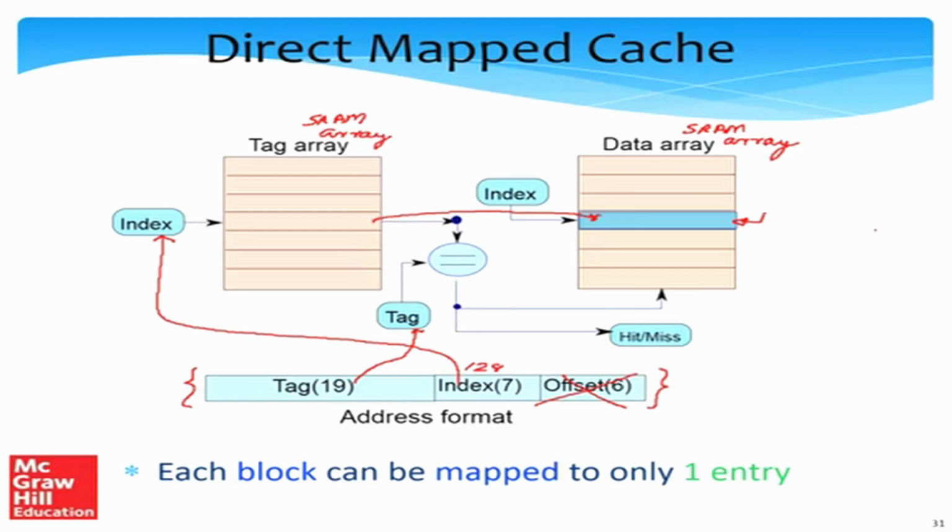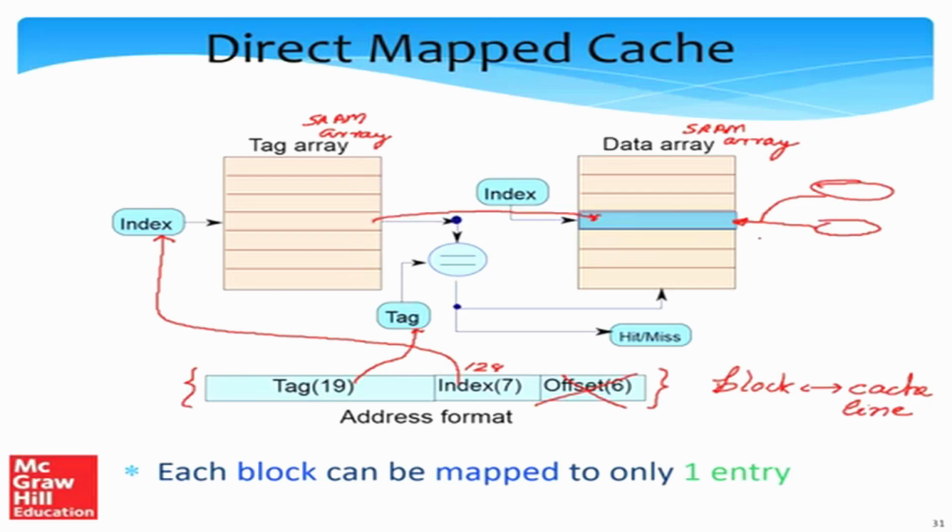And the reason being that, assume that there are two lines. So a block is also called a cache line, right? A block is also referred to as a cache line. We'll use both the terms interchangeably. So assume that two cache lines map to the same entry. If they map to the same entry, then what will happen? They will just be displacing each other, and that will lead to a lower hit rate or a higher miss